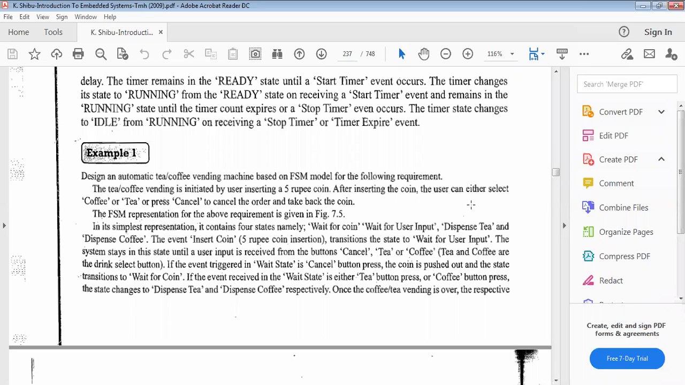The FSM representation for the above requirements is given in this version. The same is implemented here. See,